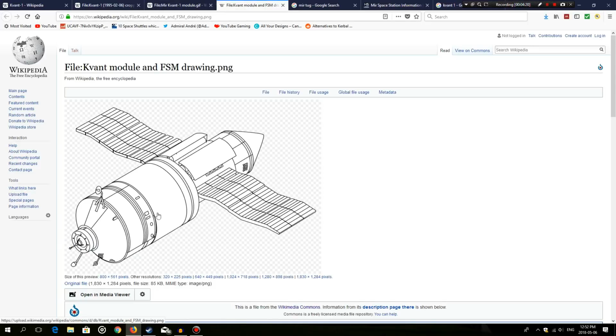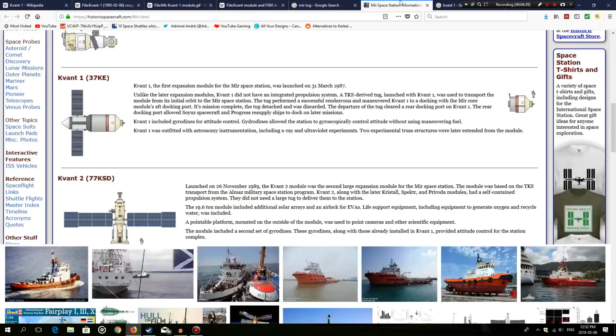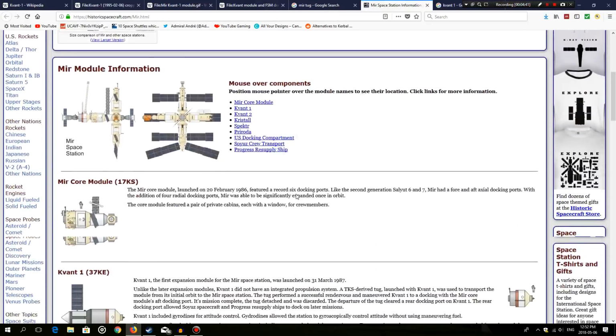So something of this nature, meaning therefore that we have the Kvant here. Of course it still has a little back part with the 8 sides here. Then we'll use a fairing to cover that, and then have the rest of it with solar panels. I think that'll look nice. So here we also see that same thing, and let's just see, this is more information here on the